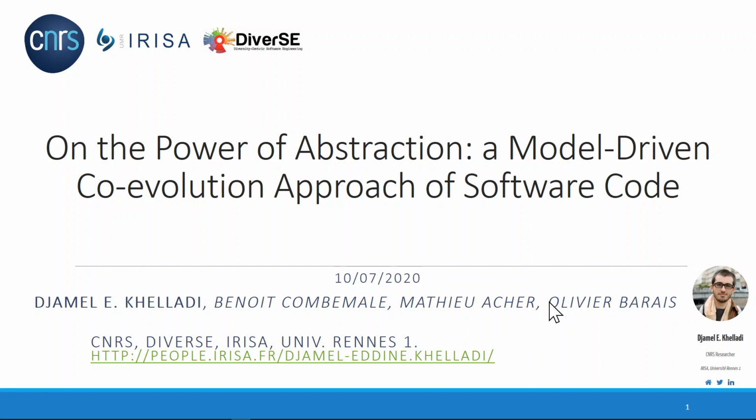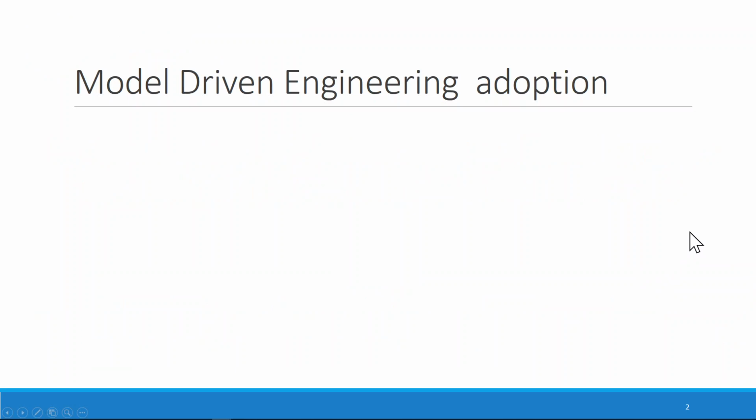And today I'm going to present our NIER paper entitled "On the Power of Abstraction of Model-Driven Coevolution Approach of Software Code". Before that, I just wanted to give a quick background on the work, which is based